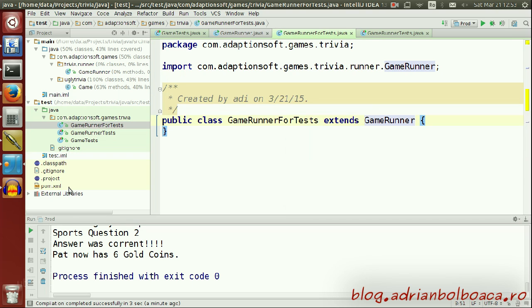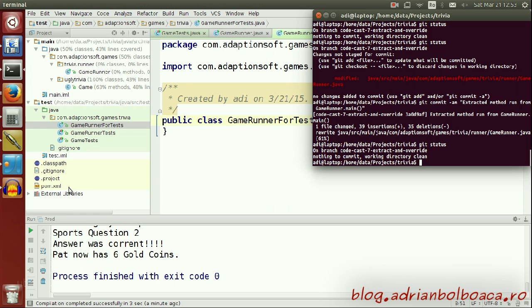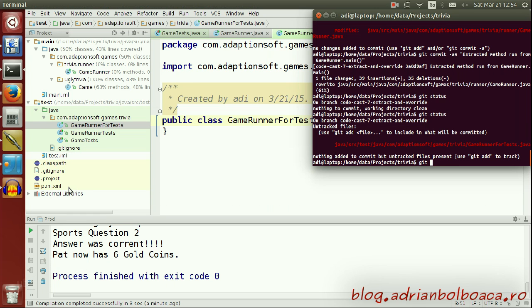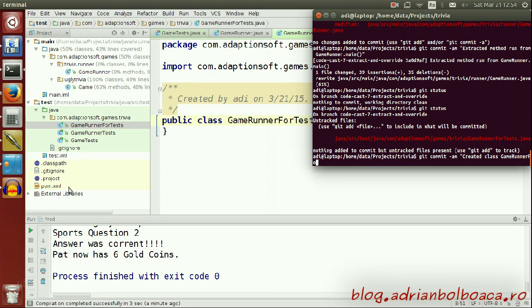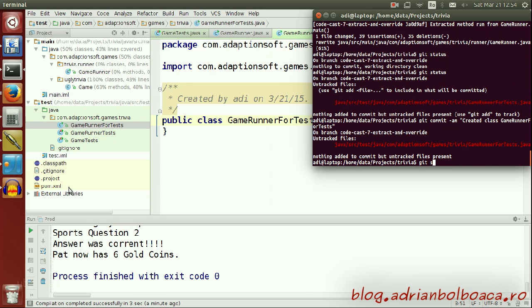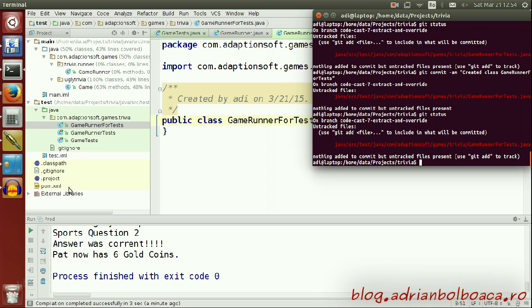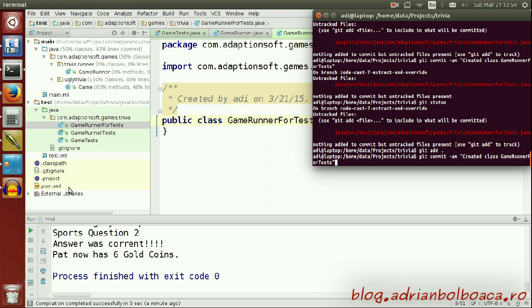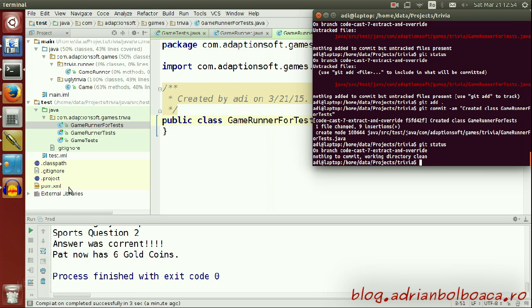Okay, now I will commit this: created class game runner for tests. Oh, sorry, I should have added. Okay,